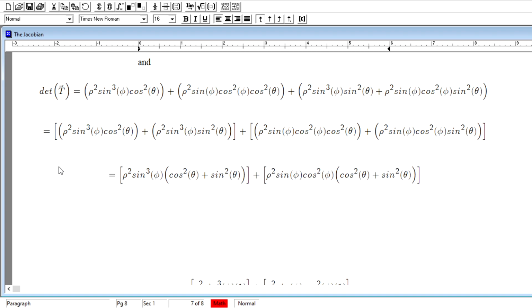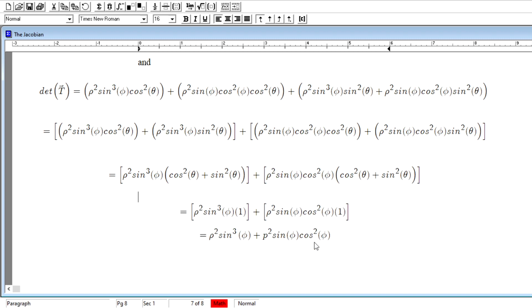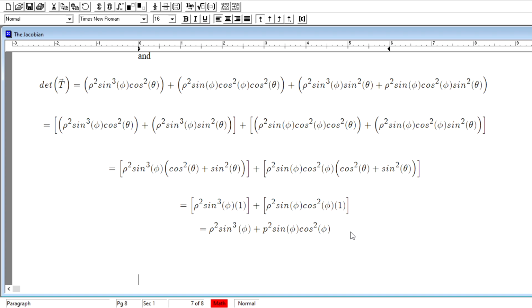If we factor out those respective quantities, that will leave behind this value inside the group here, which is just the value of 1, and it'll leave behind this value inside this group here, which also equates to the value of 1. So it'll be this times 1 plus this times 1. We see that in the next stage here, where that then simplifies into just this plus this. In those two terms, you will notice some common factors: rho squared and one value of the sine phi. If you factor that from each term,